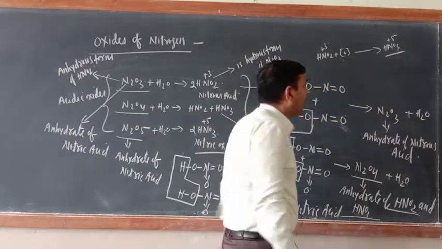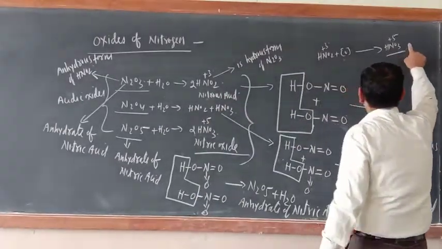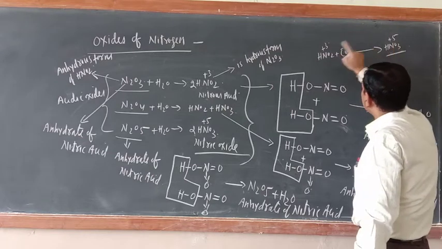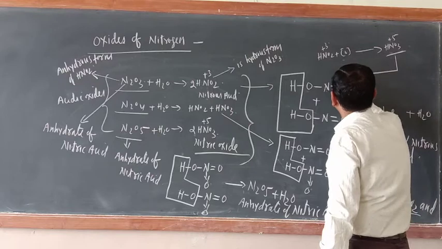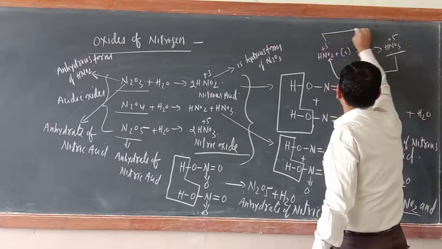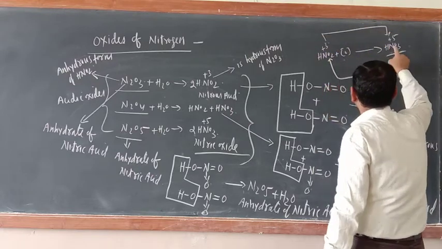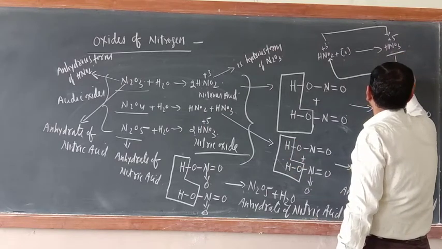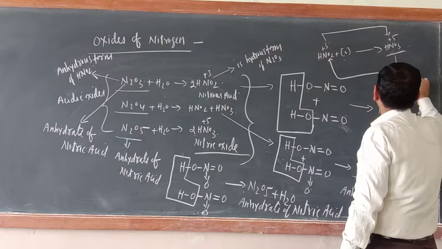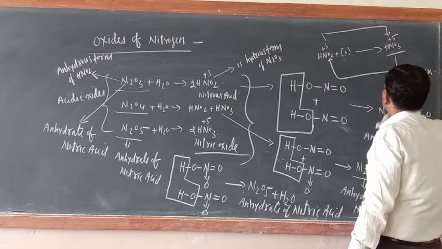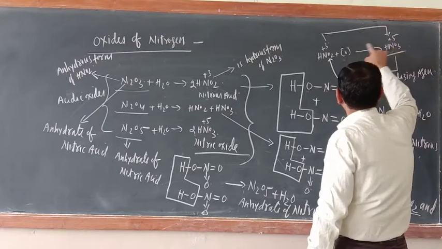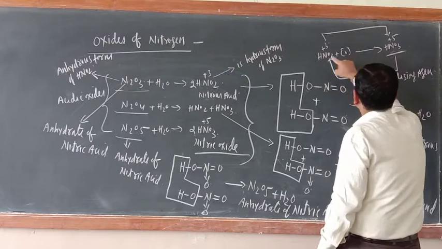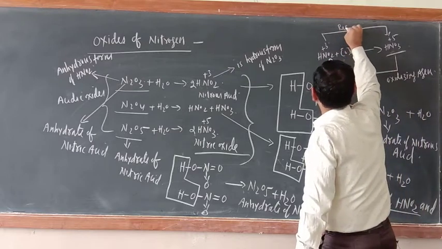Now HNO3 cannot expand its oxidation state. Rather it can come back, from +5 to +3. So since it is undergoing reduction, hence it is only an oxidizing agent. What is this one? Oxidizing agent. Okay, no problem. +5 means it cannot be a reducing agent. What about this one? It can be a reducing agent.